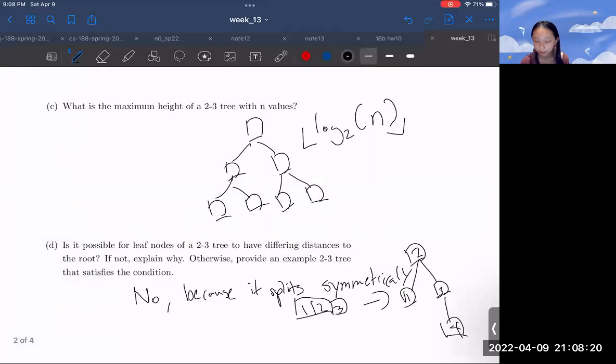Due to the symmetric split, you can never have leaf nodes having a different distance to the root, because it's always going to be equal distance from all the leaves. But yeah, that's how you solve these 4 parts of the CSM worksheet